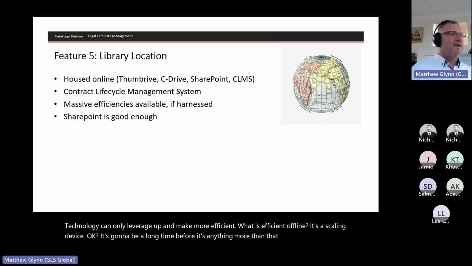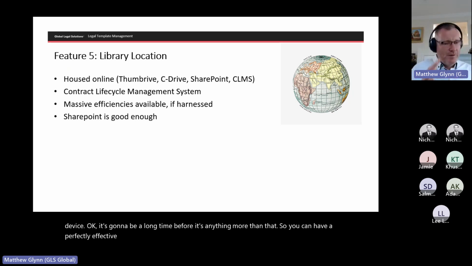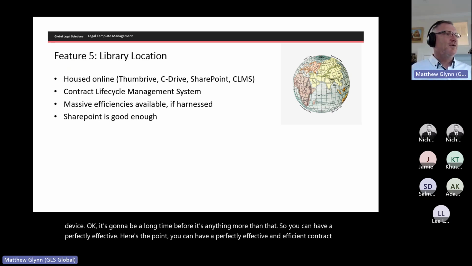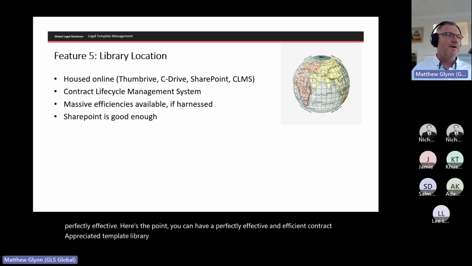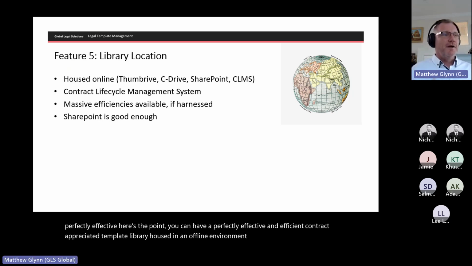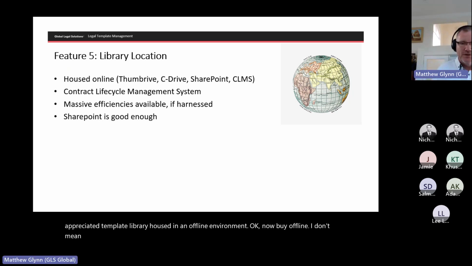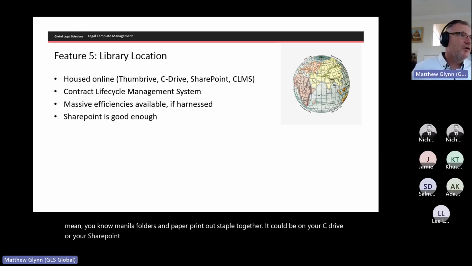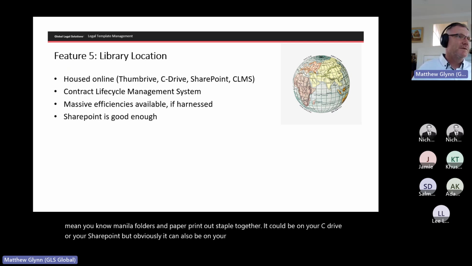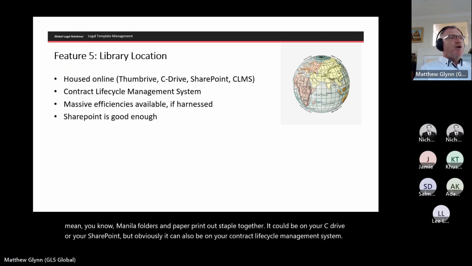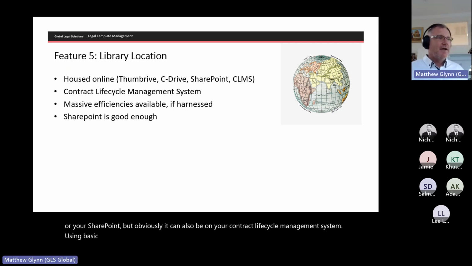So here's the point, you can have a perfectly effective and efficient contract precedent template library housed in an offline environment. Okay, now by offline, I don't mean manila folders and paper printouts stapled together. It could be on your C drive or your SharePoint, but obviously it can also be on your contract lifecycle management system. Using basic technologies like SharePoint is more than good enough for managing your template library.